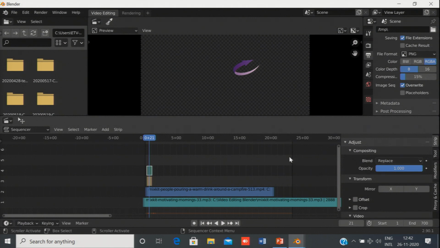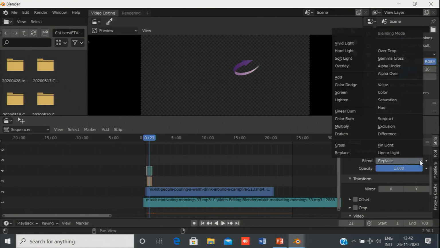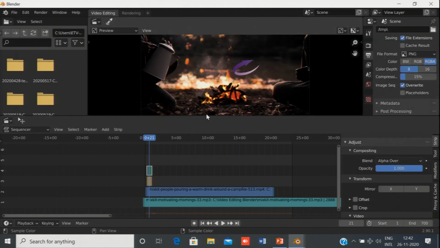To adjust the transparency, go to the compositing tab and click on alpha over. Okay. Now, you see we have got the transparent arrow and we have also changed the size.